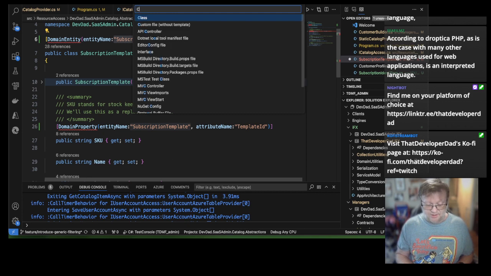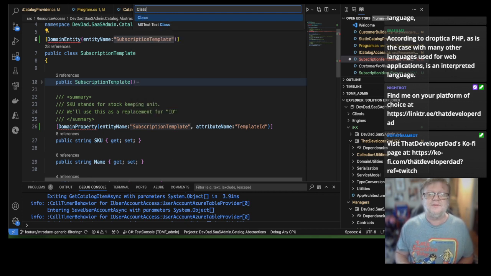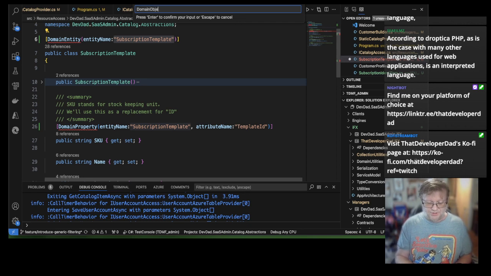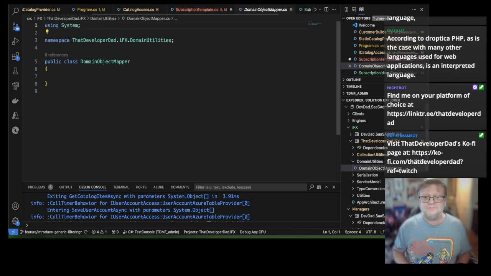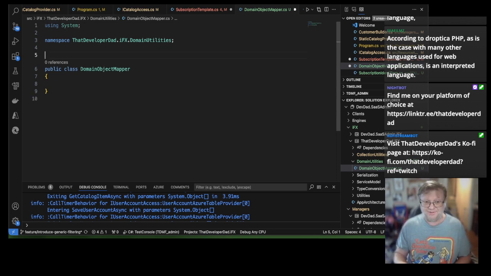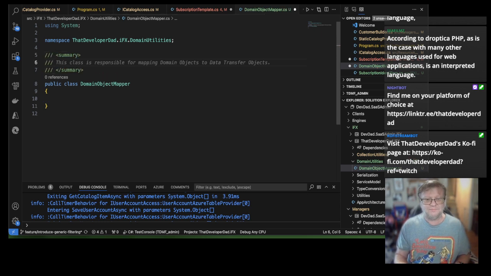And I'm going to call it the class domain object mapper. And I'm not even going to add anything to this yet. But the domain object mapper